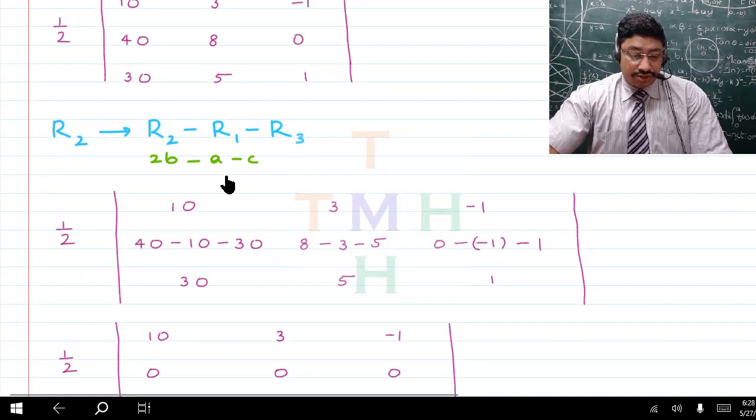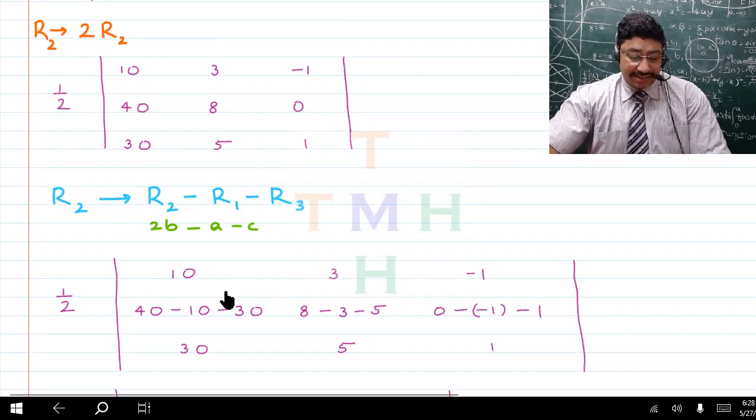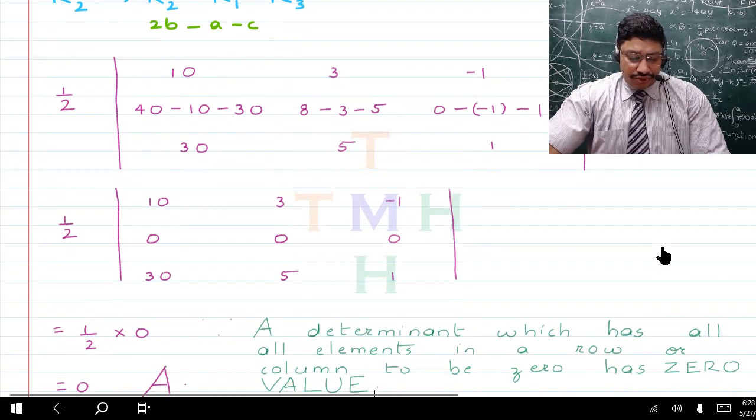So here when we do this operation, here what we've done is we now subtract from 40 10 and 30, which makes it 0. Then from 8 we subtract 3 and 5, which again makes it 0, and then from 0 we subtract minus 1, which makes it 1, and then 1, so it becomes 1 minus 1, that is again 0. So here in the second row we have got all the elements to be 0, so we have